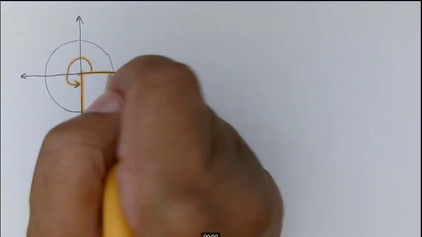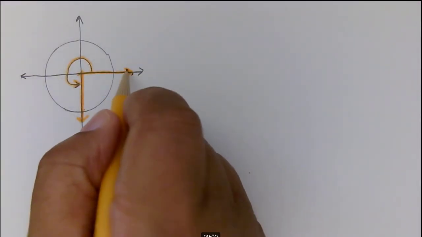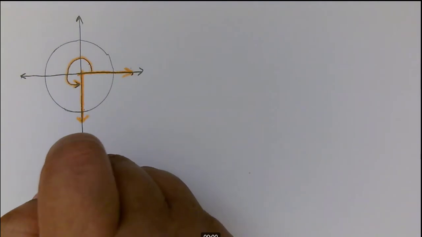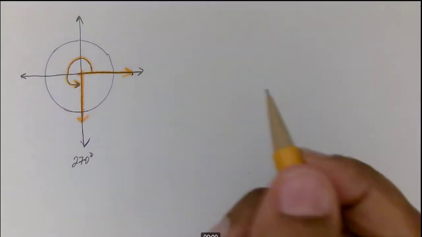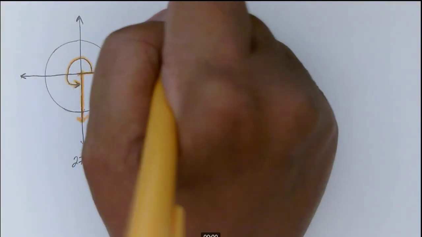As we get familiar with the unit circle, we know that this is 0, right? 90 degrees, 180, 270 degrees. If I have an angle that comes up to this point, it's 270 degrees. In radians,